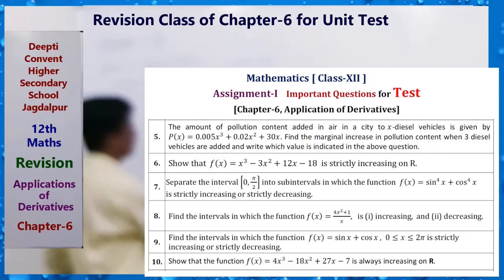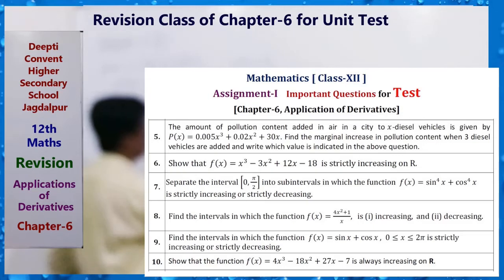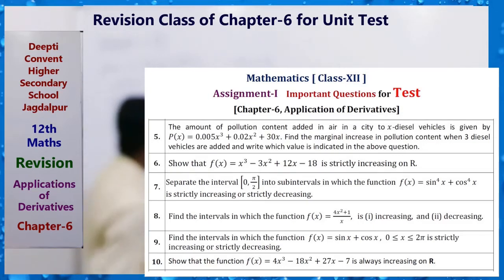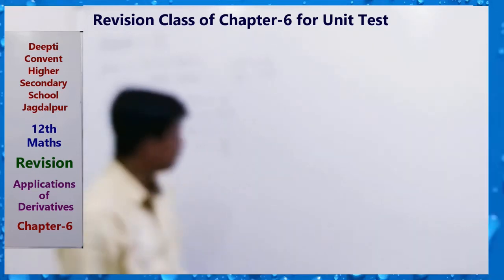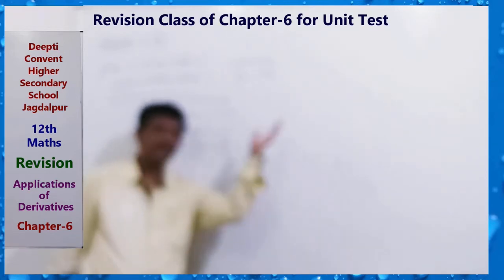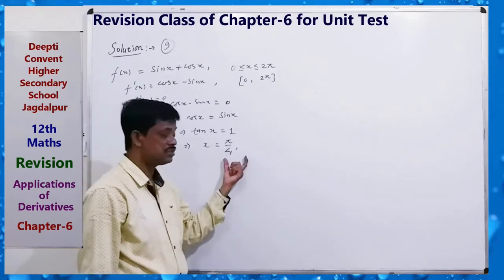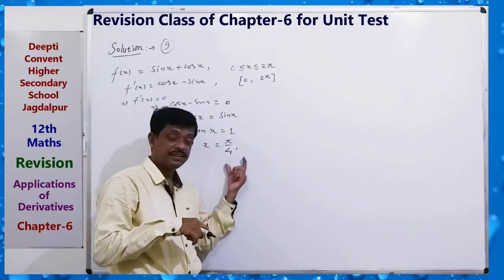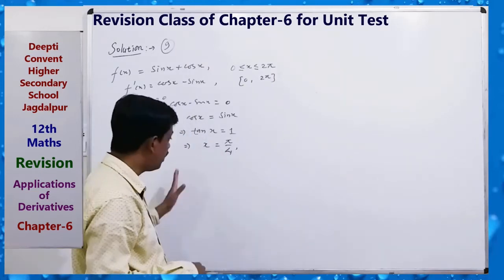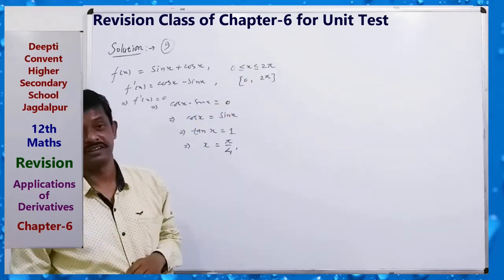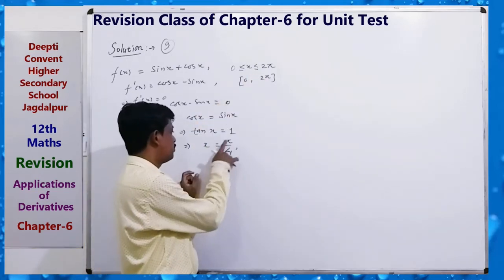We can take x equals pi by 4. There may be infinite solutions, but we take those values which lie between 0 and 2 pi. Okay, x equals pi by 4